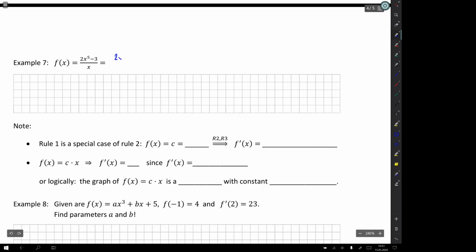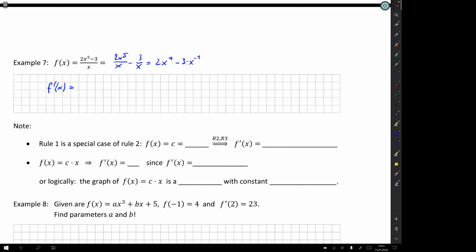We take that apart as two fractions. And then we get here 2x to the power of 4. And since we cannot work with minus 3 divided by x, we have minus 3 times 1 divided by x, and 1 divided by x is just x to the power of minus 1. And now we can just apply the rules, and we get f dash of x is, using the addition rule,